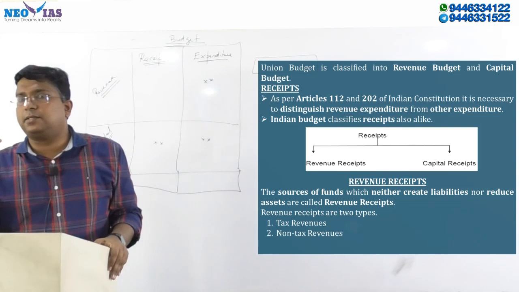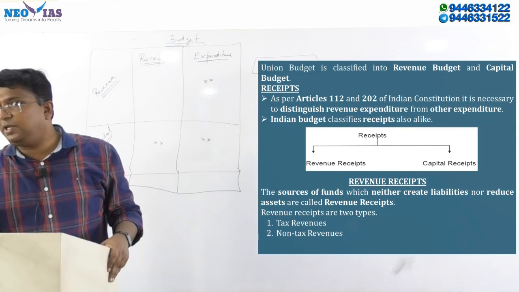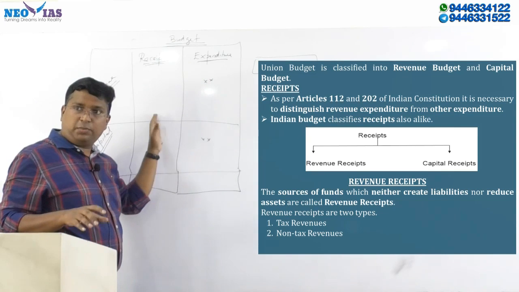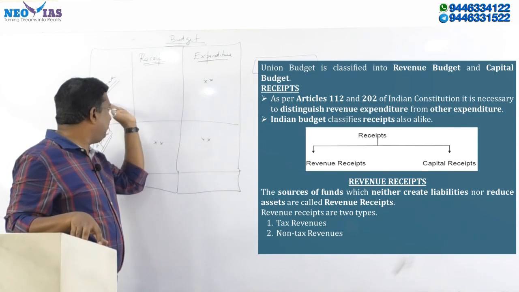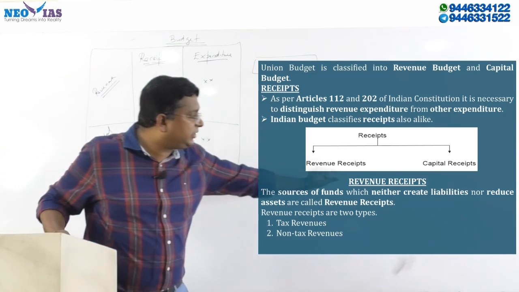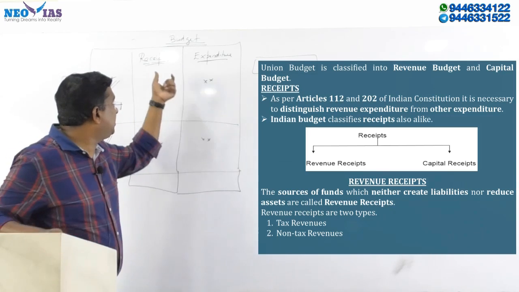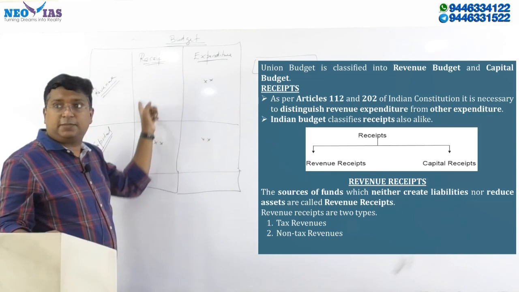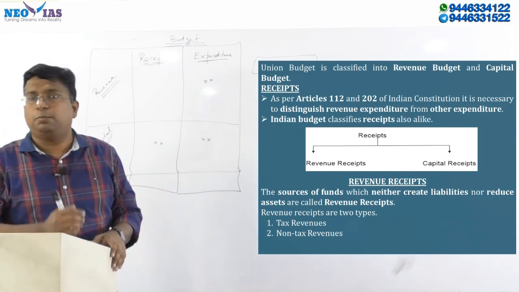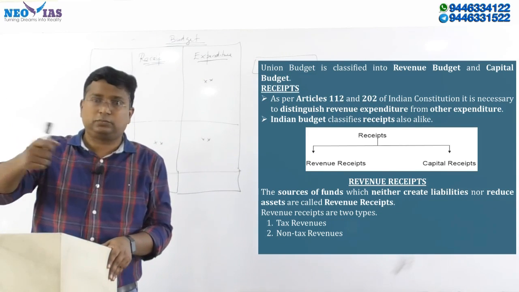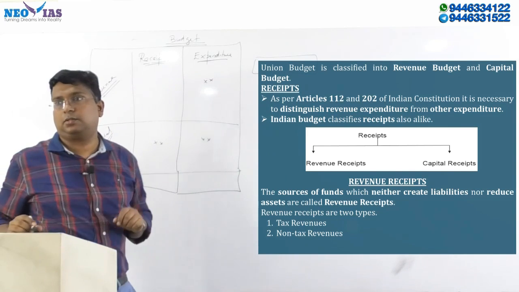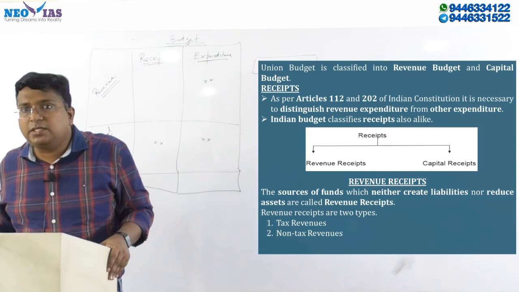So these things, just for your understanding, I am again simplifying: the budget has two main components, the receipt component and the expenditure component, or the revenue budget and the capital budget. Now we will see, first we will start with revenue receipts. This part is revenue receipts. Clear now? Before knowing what the components in the revenue receipts are,